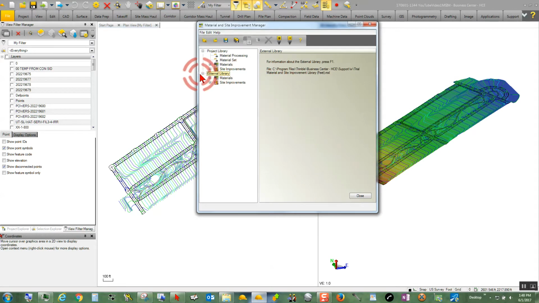Now once I select an external library, it opens down here under my external library. So there are two distinct libraries, one being used within my project and one that is an external library. The external library that we opened has some materials. Under materials, which is kind of a grouping, you've got materials and you've got site improvements. You have categories. So they have a category here for asphalt and concrete. If I open that up,